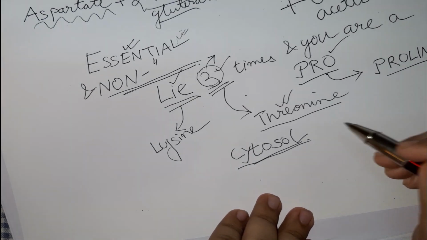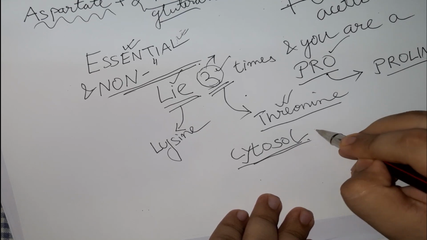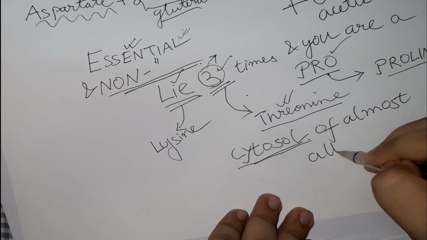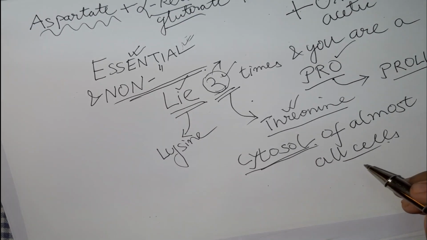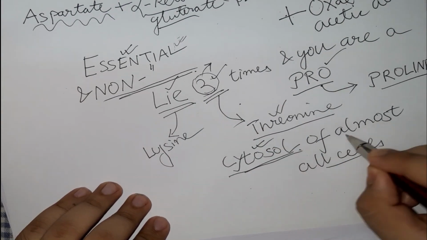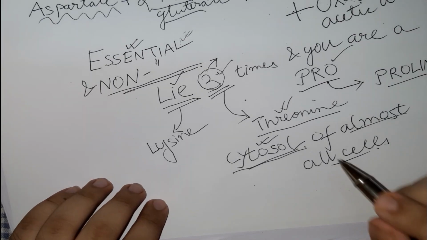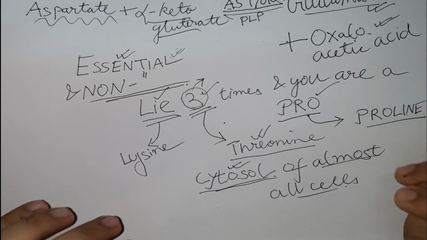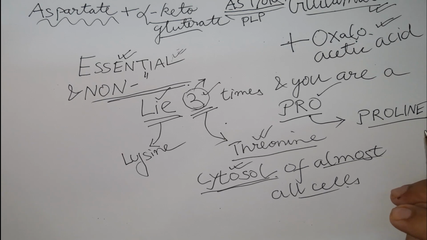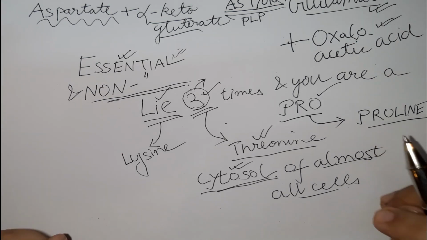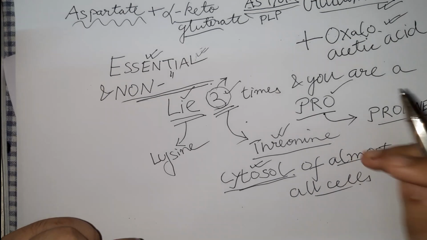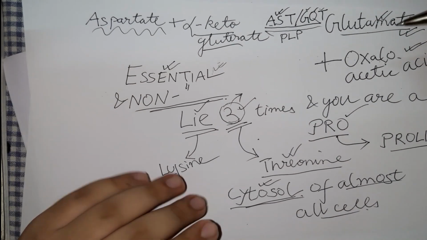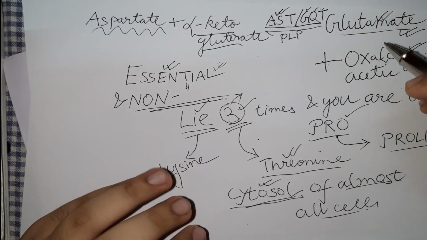All cells? Are we talking of all cells? Yes, kind of. Cytosol of almost all cells. So transamination takes place in the cytosol of almost all cells in our body. That is how important this process is. All right, that it takes place in the cytosol of almost all cells. All right, transamination is forming this glutamate, because there is an obligatory thing that is being formed here, and another alpha keto acid, not amino acid, another alpha keto acid. All right,